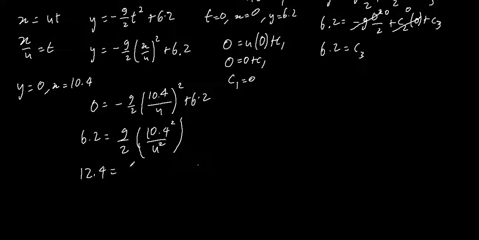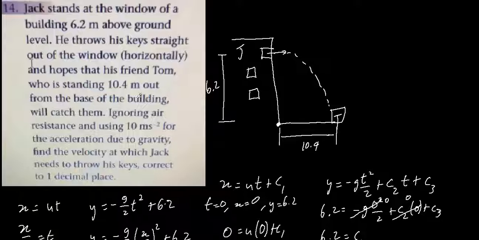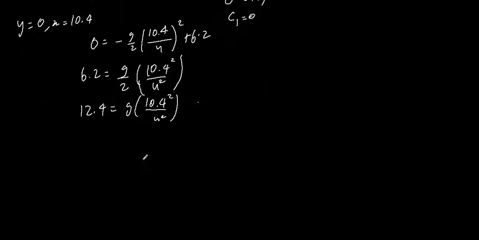12.4 is equal to g times 10.4 squared over u squared. Now, g is just 10 in this question, I think. Yeah, using g as 10. So then, dividing by 10, I get 1.24 is equal to 10.4